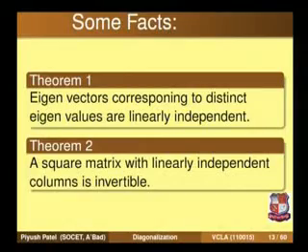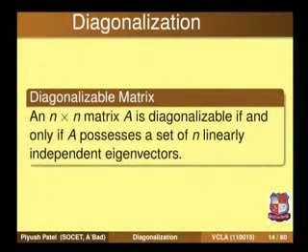The first result says that eigenvectors corresponding to distinct eigenvalues are linearly independent. So given a matrix, if we find the eigenvalues and corresponding eigenvectors, and if our eigenvectors are linearly independent, then we can put them in the columns of a matrix, that is, we form a matrix P using the eigenvectors, and that matrix can diagonalize the matrix A. That is, that matrix P can play the role of the model matrix. So let us see how we do the process.